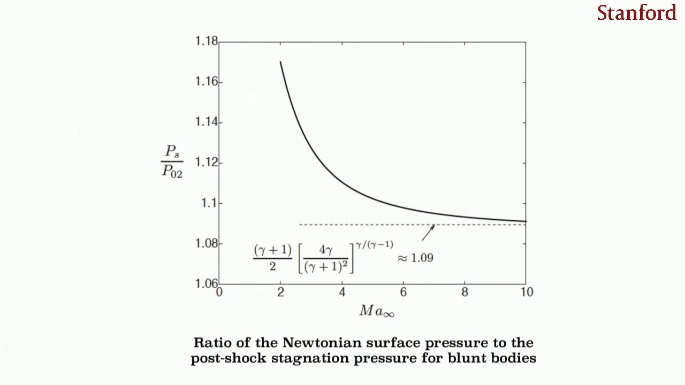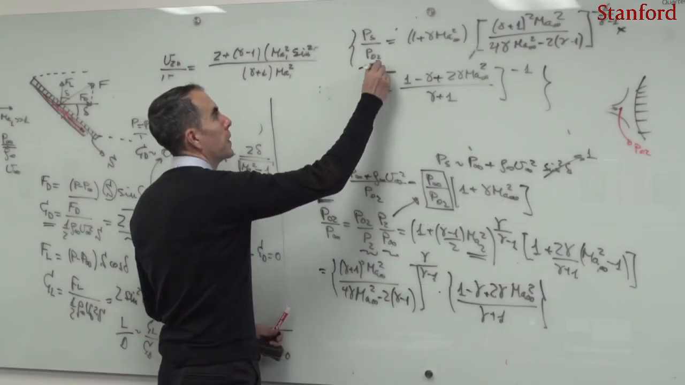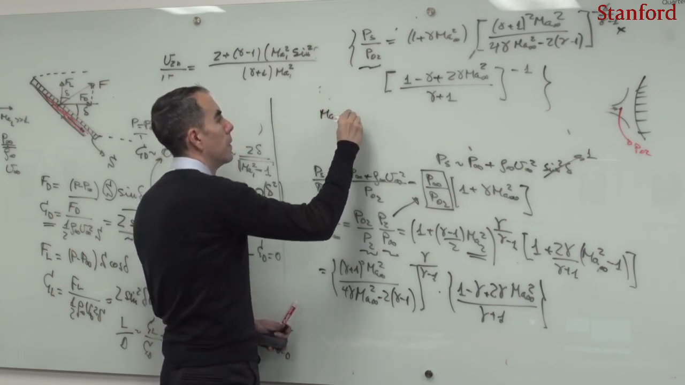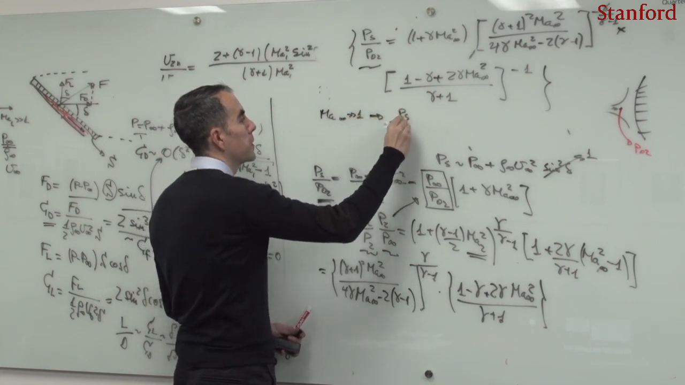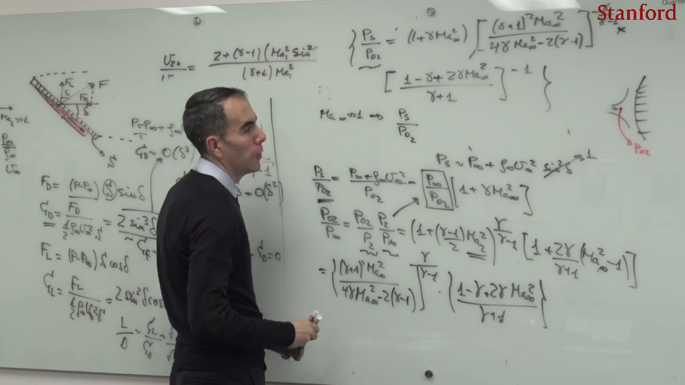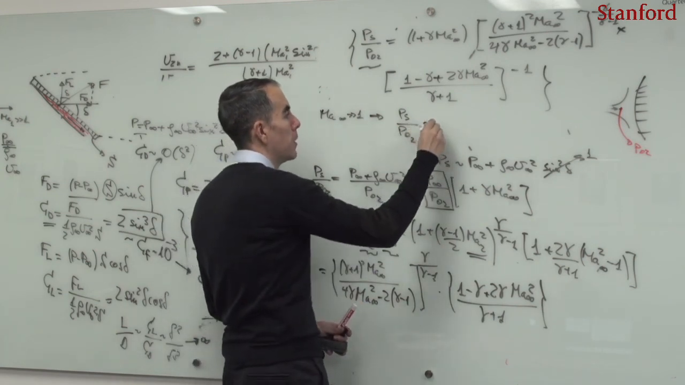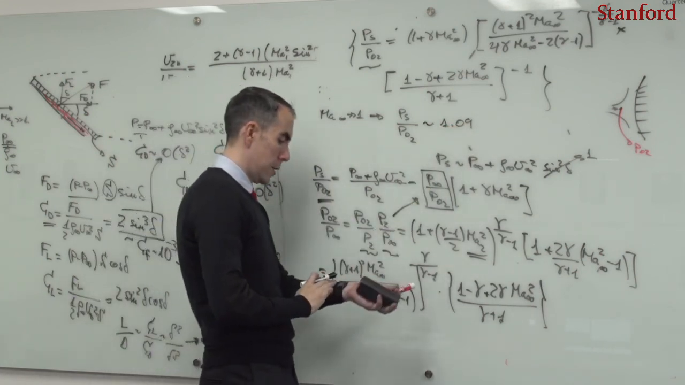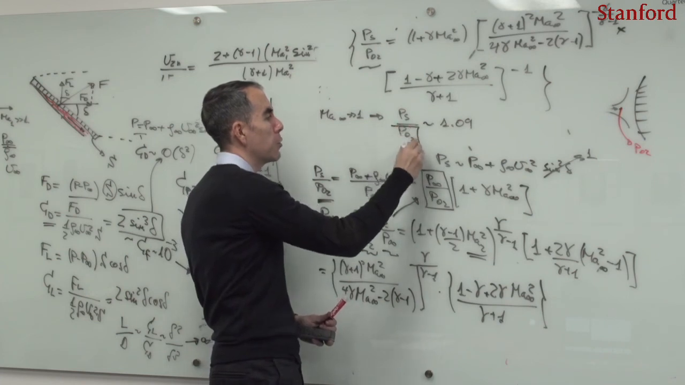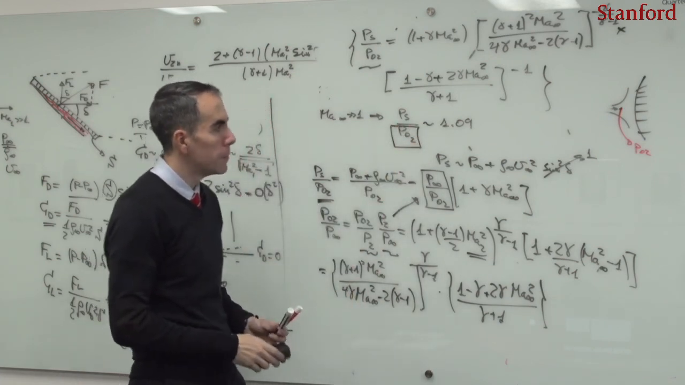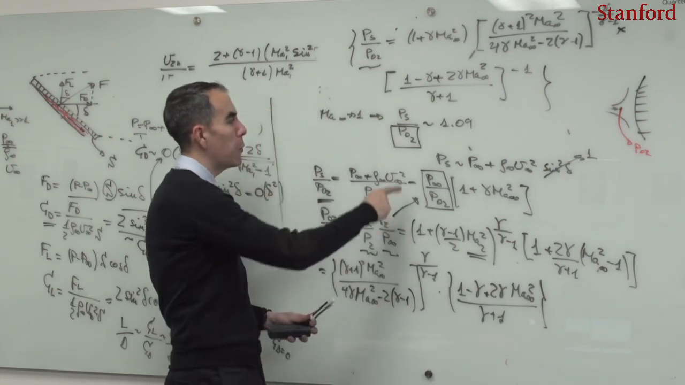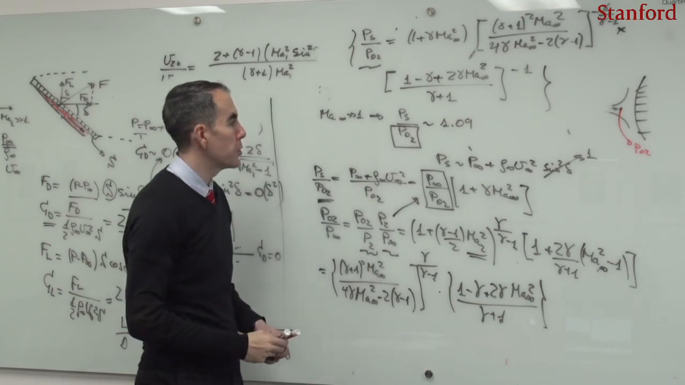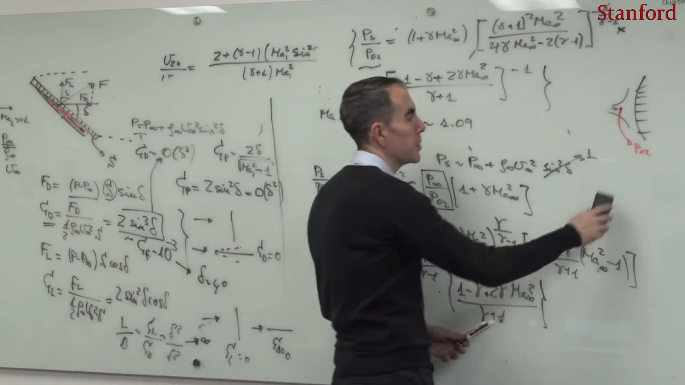This is to say that at high Mach numbers the Newtonian theory overpredicts the pressure on the nose of the blunt body by a factor of 1.09, which is about 10%. So it was Lester Lees who, with a theory called the modified Newtonian theory, said: how about we construct a modified Newtonian theory such that the surface pressure equals the stagnation pressure downstream of the shock? And he did that by reformulating the pressure coefficient